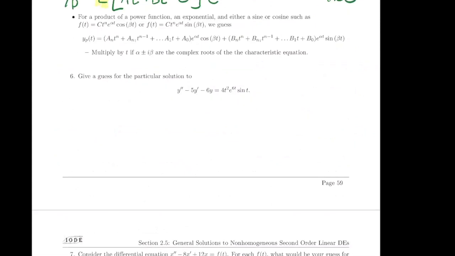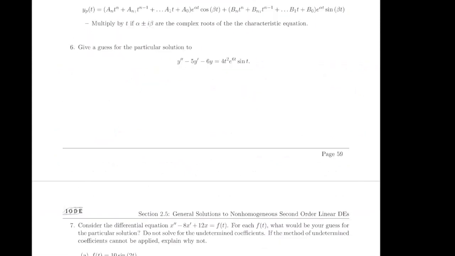Okay. And to take this to the final extreme, if we have something like this, which is a product of a quadratic and an exponent and a trig function, then our guess is going to be a product of all of those things. So in this case, I'm going to guess the most general quadratic times e to the 6t times the sine of t, but then just remember,